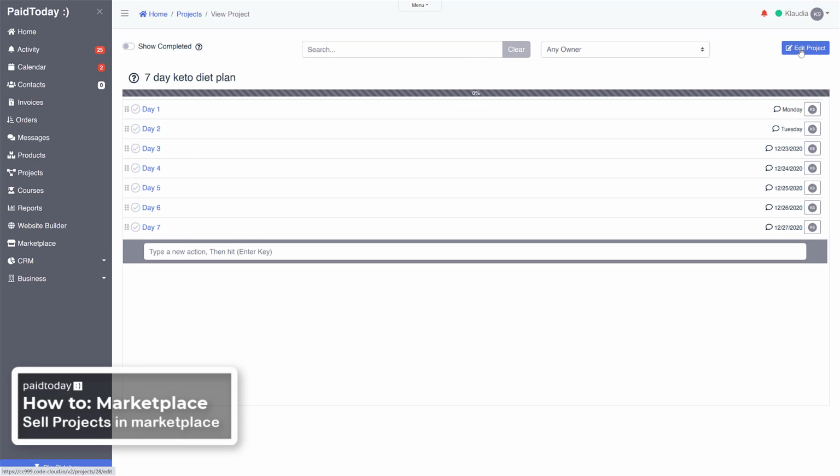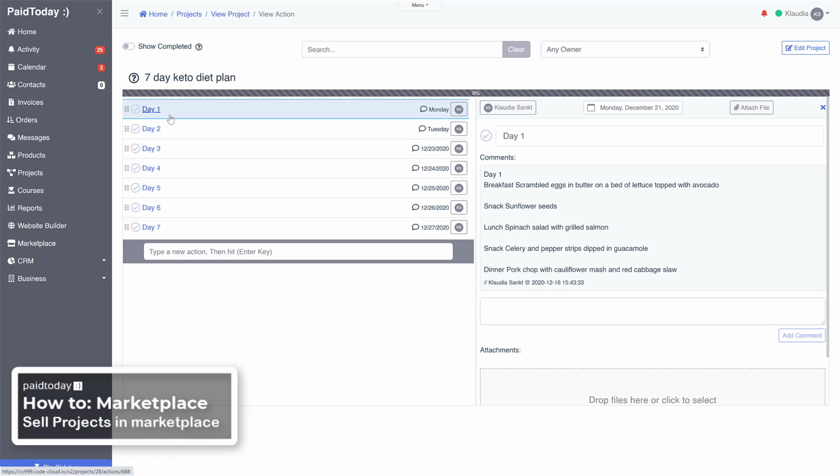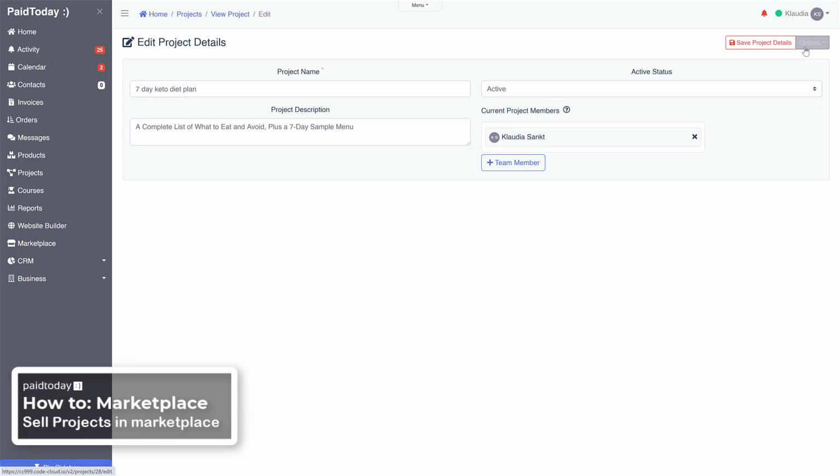And on the top right, we're going to go ahead and click Edit Project. We can see we've got our 7 days, and then each day has the comments for the meal plan on what you eat that day. So we're going to go ahead and click Edit Project on the top right. And under the options, we're going to click Create Product,